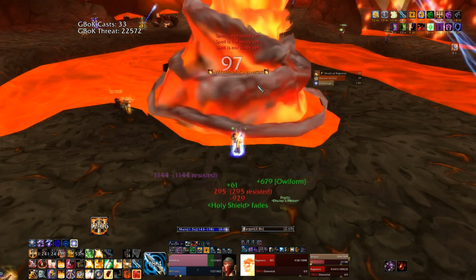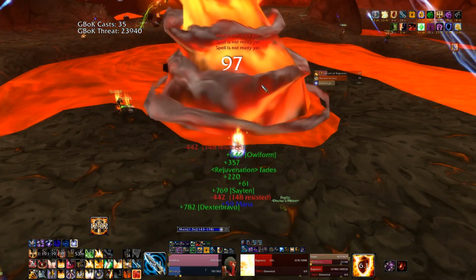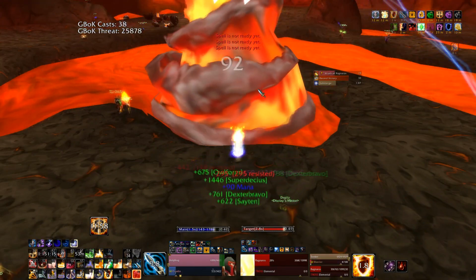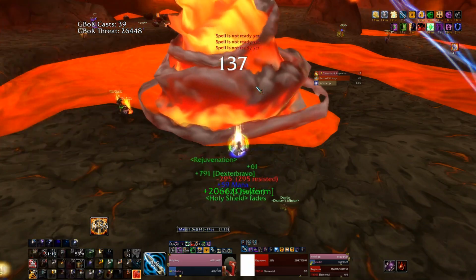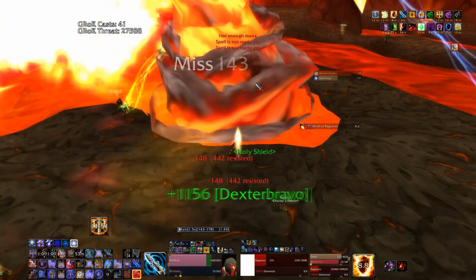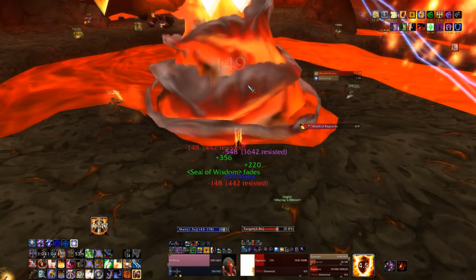You just need to stay 20 yards away from the other tanks. And the only thing you have to think of is that healers also need to position so they're able to heal you. Because you will be standing 20 yards away from the other tanks, which means you may be out of range for some of the healers. Just make sure to check your positions before you pull, and make sure all the tank healers can actually reach